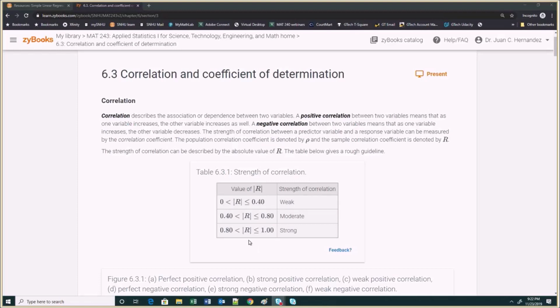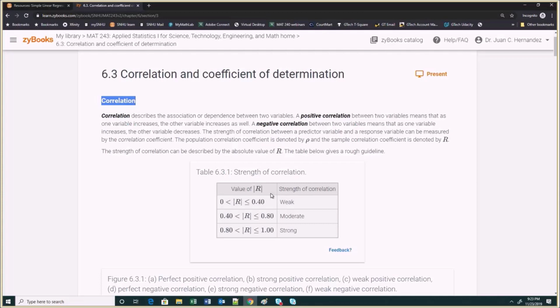So here is an example. Normally what we say is that we have a positive correlation between two variables when one variable increases and the other increases as well. And in the other case, we have a negative correlation when one variable increases, but the other one decreases. When you calculate the measure of correlation, you will get a number that will be between -1 and +1. If you were to calculate the absolute value of correlation, here R represents the correlation coefficient,